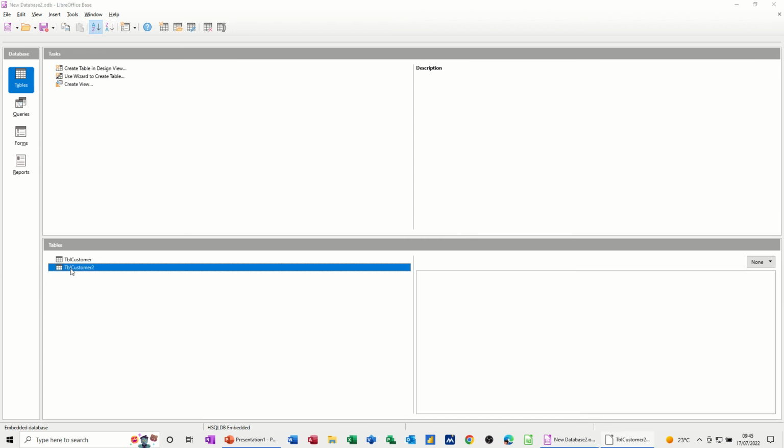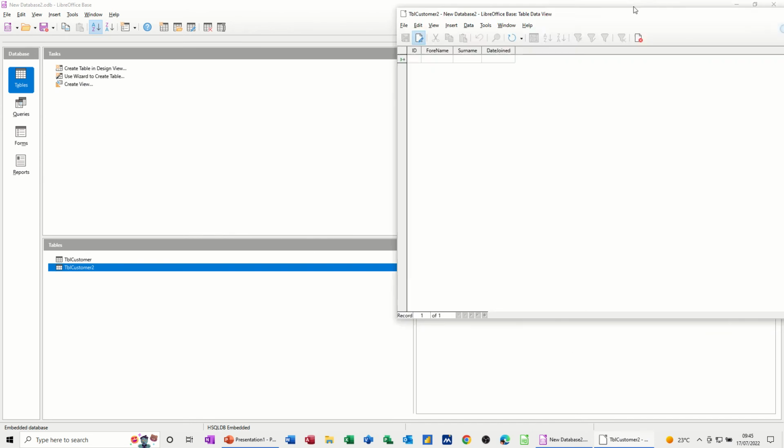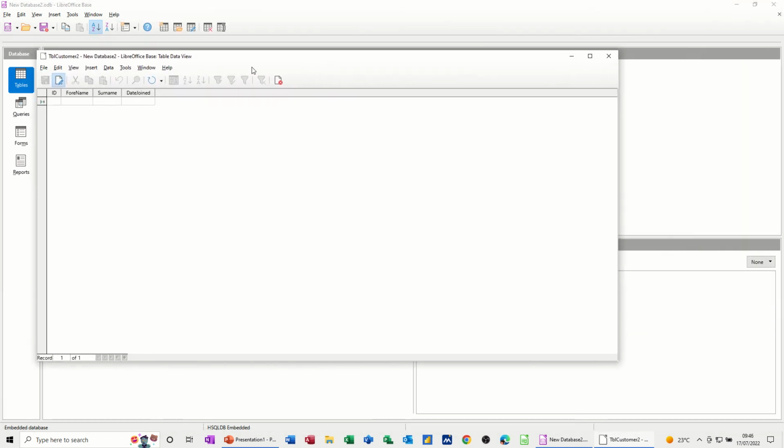If I double click onto that, it opens up the window which allows you to fill in the information. So if I just bring that window into the screen, so ID number 1, and then I'll just type my name like so, and let's say I joined on the 21st of August 2000. Press tab to come down, ID 2, Dave Jones, and you just type in the records like this: 0201